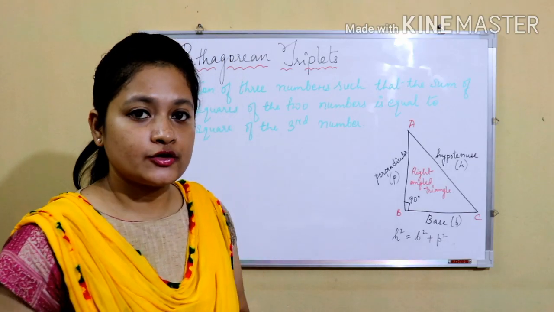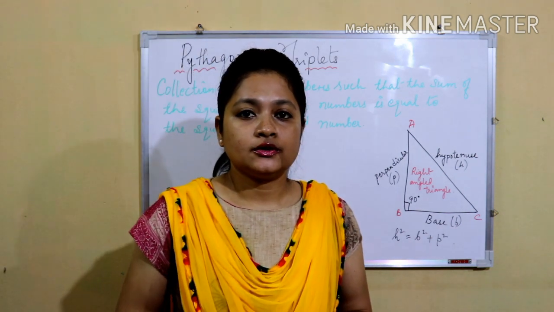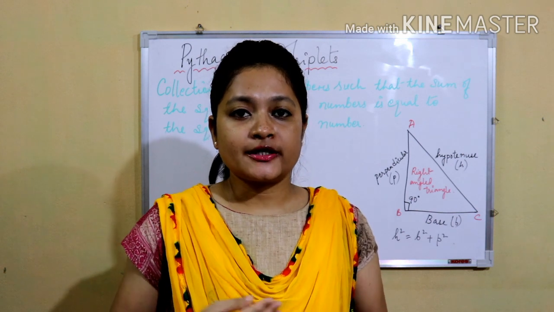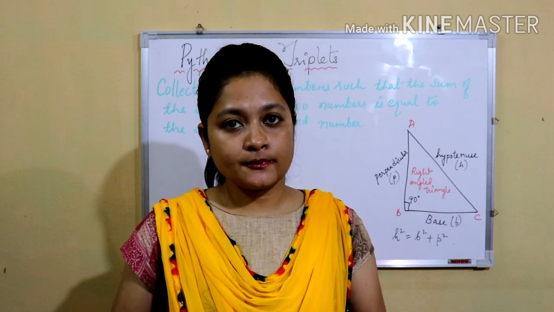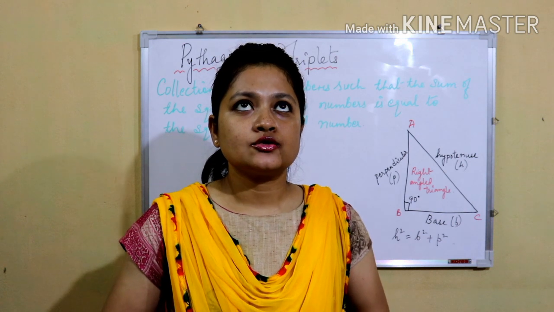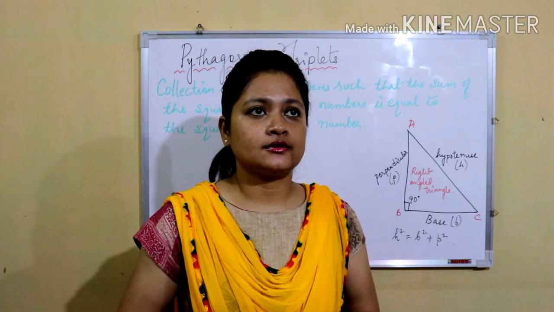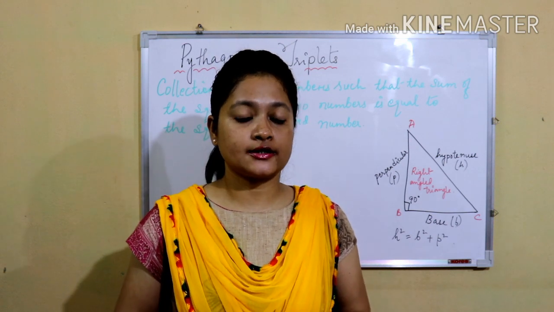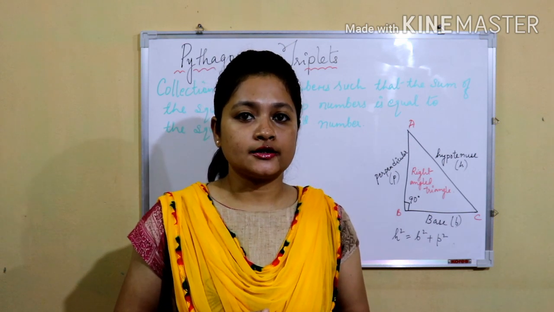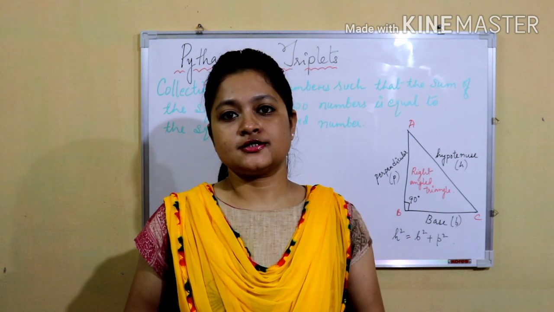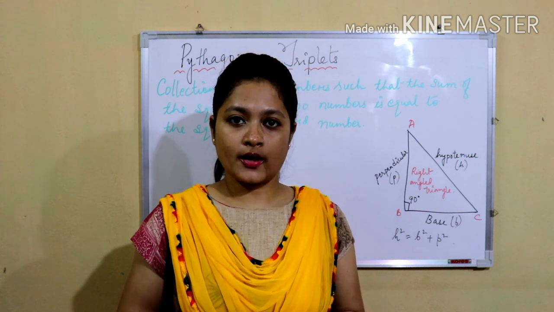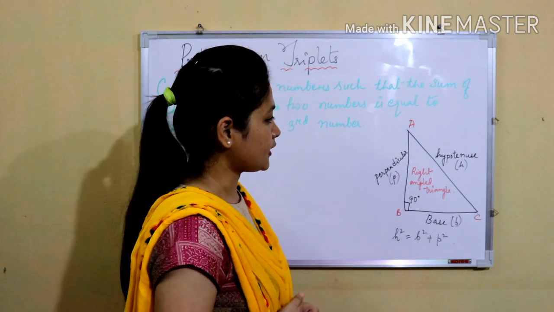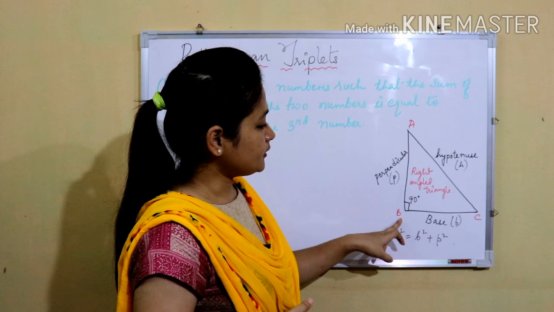Next, that is Pythagorean triplets. So the word Pythagoras, you got this in your previous classes. This Pythagoras theorem you got in your previous classes. So Pythagoras theorem states that in a right angle triangle, Pythagoras theorem is related to right angle triangle. So in a right angle triangle, the square of the hypotenuse is equal to the sum of the squares of the other two sides. So for that I have drawn a right angle triangle here, where angle B is 90